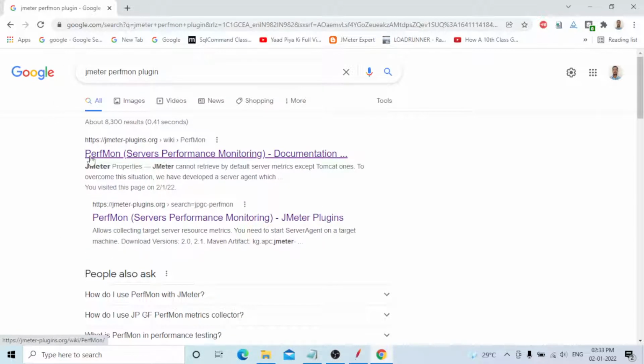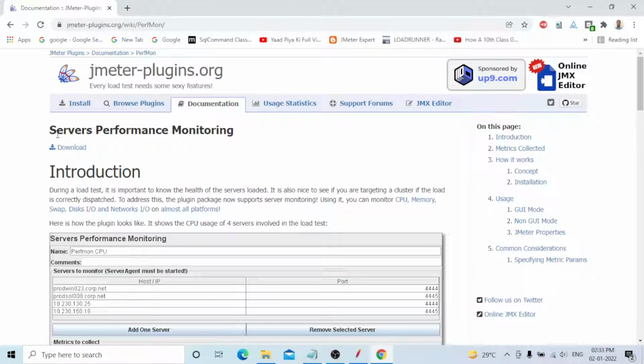Yeah, you can see PerfMon servers performance monitoring. Yeah, this is the main plugin. You can go to this location. Yeah, there is the download. You need to download this one.